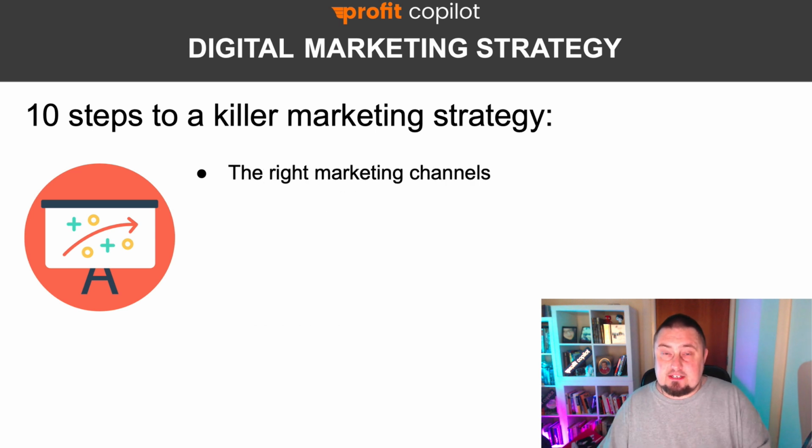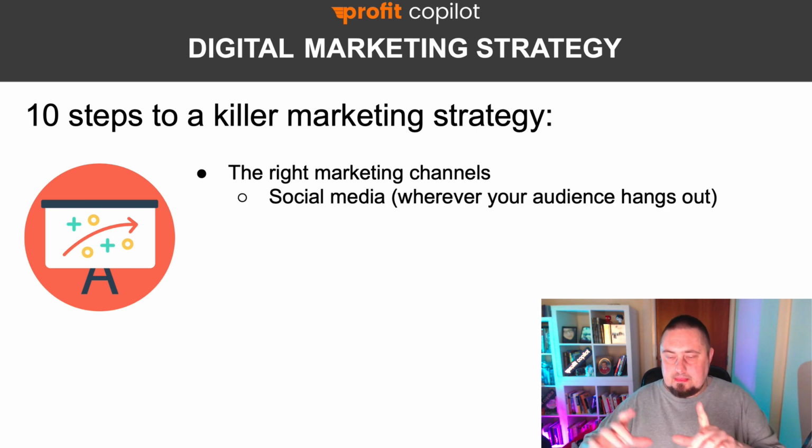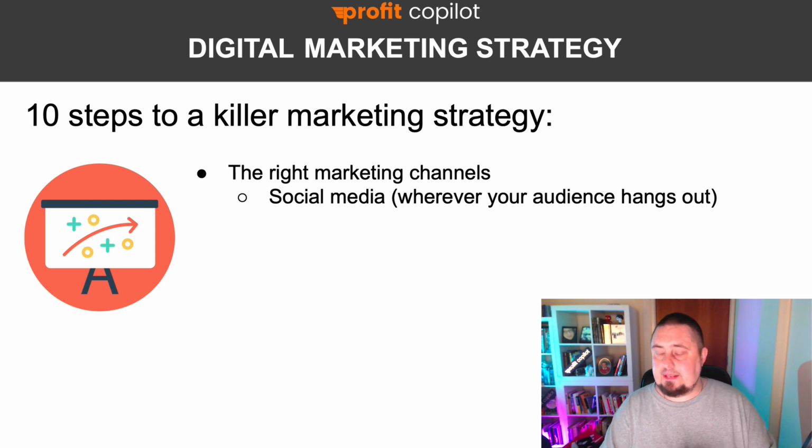Once you have your content sorted out and your keyword research done, you need the right marketing channels. What are the right marketing channels? It sounds kind of obvious, but they're actually wherever your audience hangs out in large numbers. That's the right marketing channels. So think about the social media platforms that they use. Maybe more of your audience tends to use Twitter over Facebook. So you might want to start with Twitter in that case.